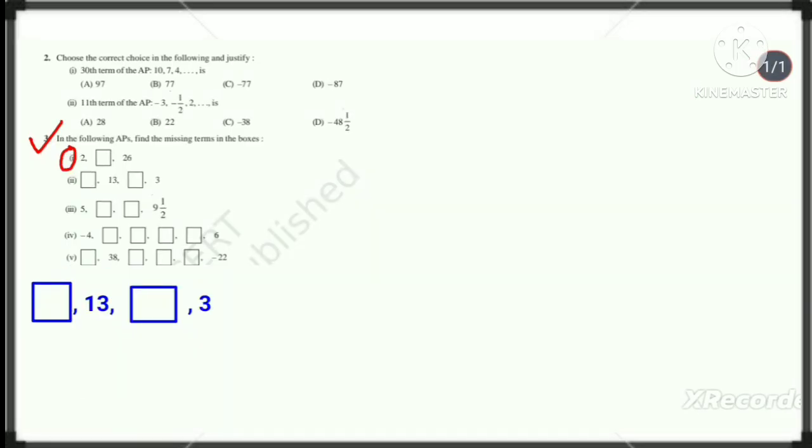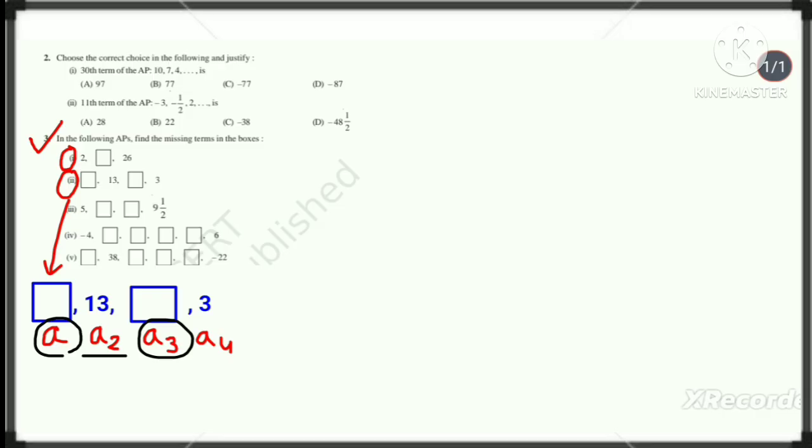Now question number 2, which I have already copied over here, and in this AP here will be first term, that is A, and this is A2, and here will be A3, and this is A4. Now according to this question, here we need to find its first term, that is A, and third term, that is A3. So firstly let's find its common difference, and as we know, according to general form of AP, this